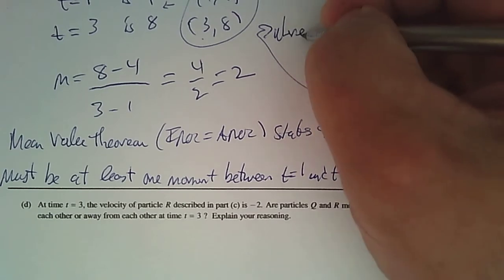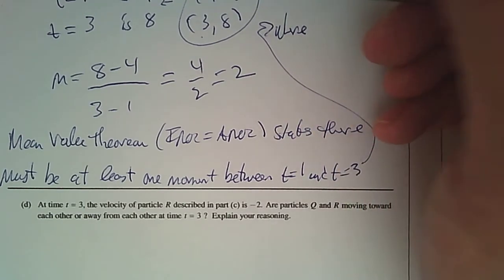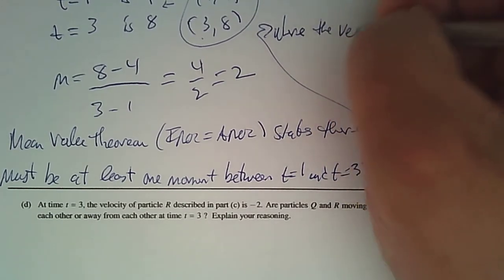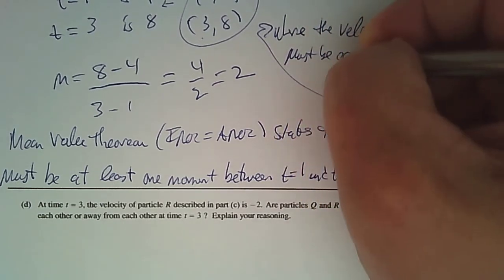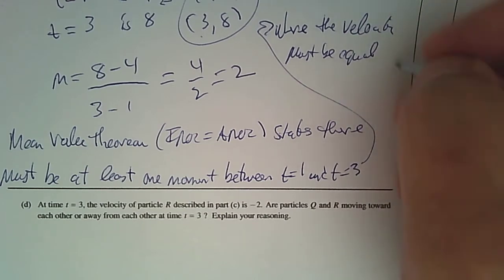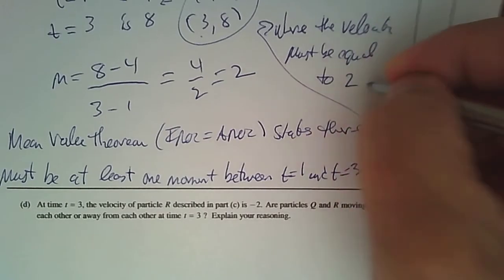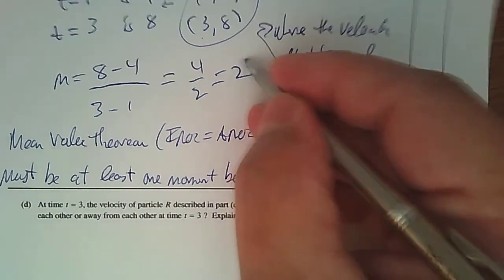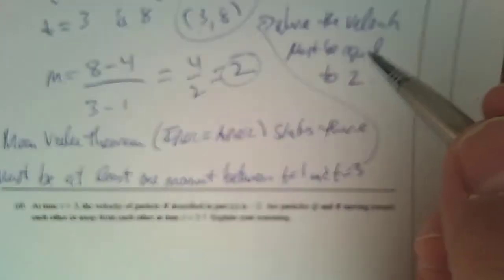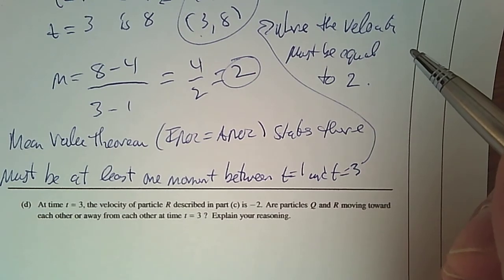Where the velocity must be equal to 2. So because the AROC is 2 and it's continuous and differentiable,